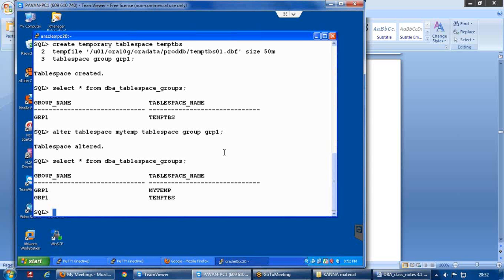That's the reason we can't use the mv command over here. All these things we are doing at the Oracle level, so we need to use Oracle commands only. Okay, so fine. Does anybody have any more queries?